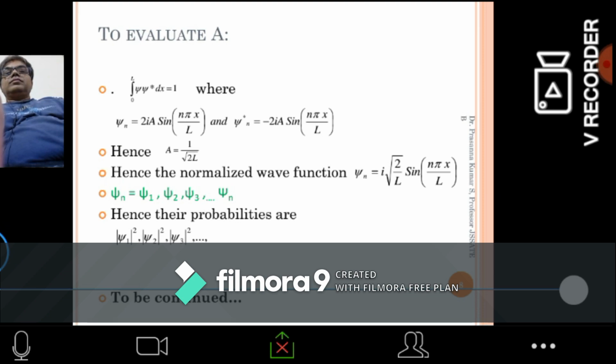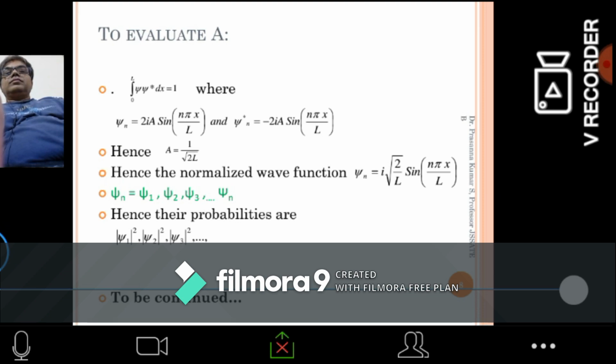minus infinity to plus infinity. Here it is the boundaries of the wall, so x is 0 to L. You have seen in the diagram, x is equal to 0 on one side and the other side is x equal to L. So the limits are 0 to L. It's with a then modulus of psi square, isn't it?